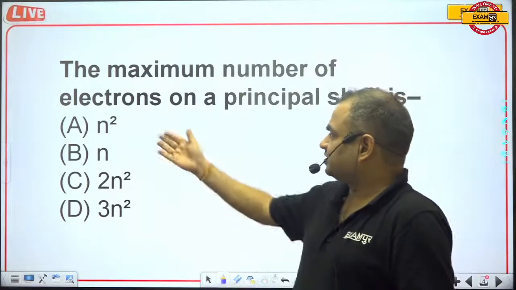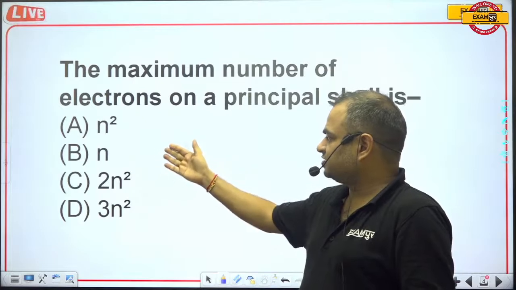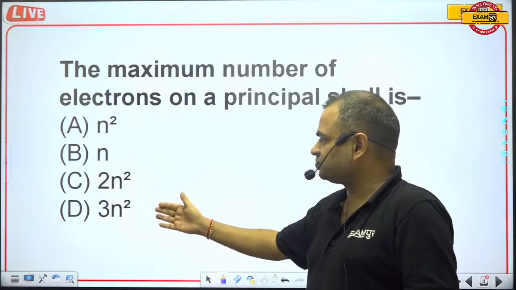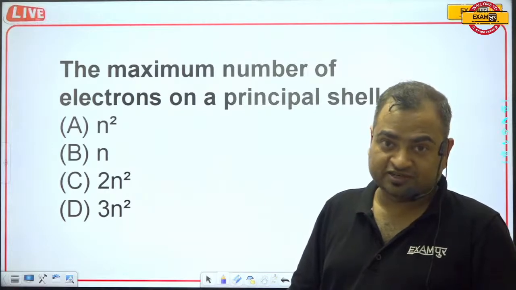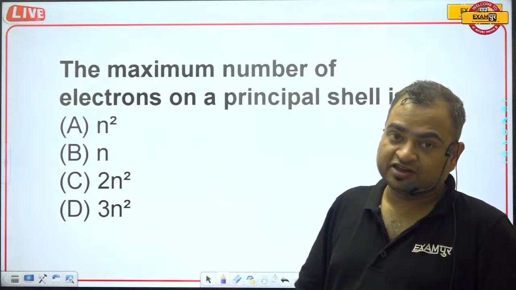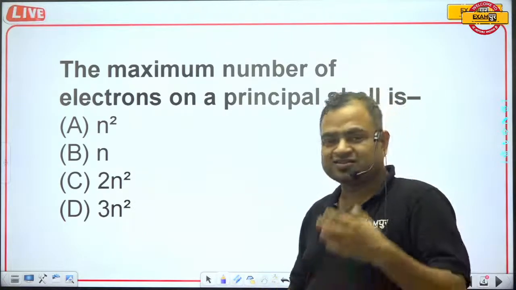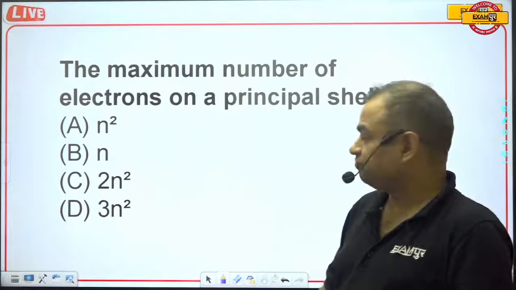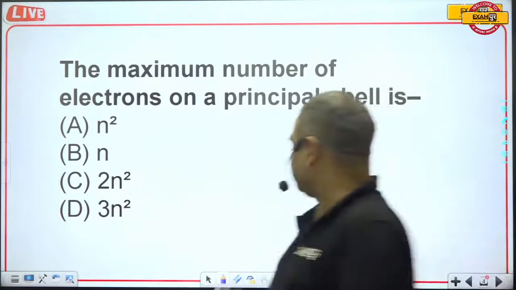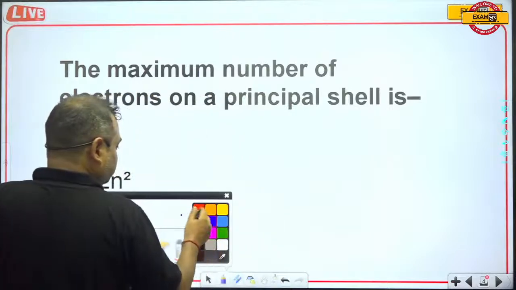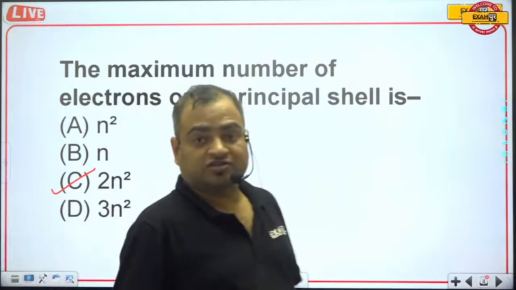Okay, the number of cells is n square. If you know the number of electrons, it will be according to the formula 2n square. Actually, electrons are